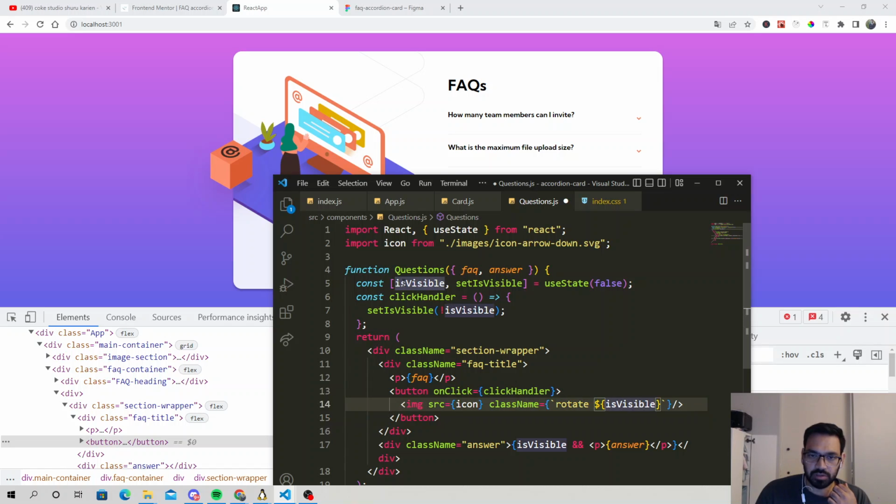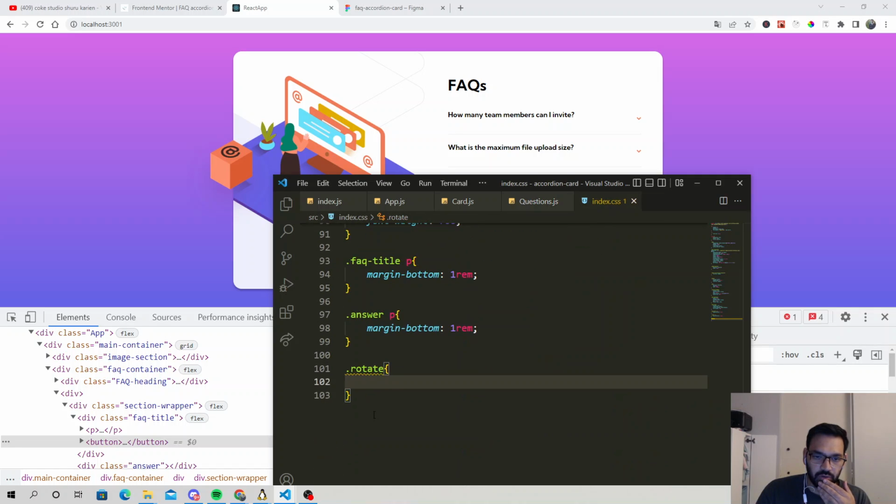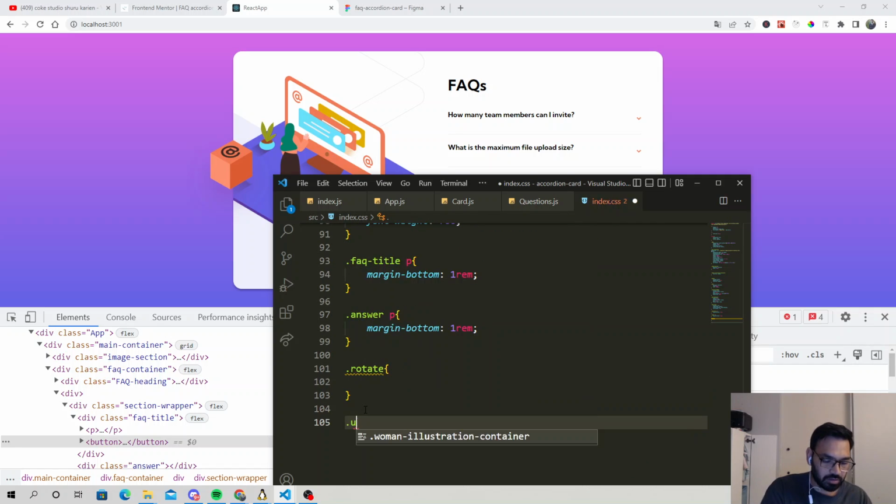So we can use the state is visible, and if it's visible we can add in class name, just say up because we want to rotate it up. Otherwise we do nothing. So let's create that class name up,